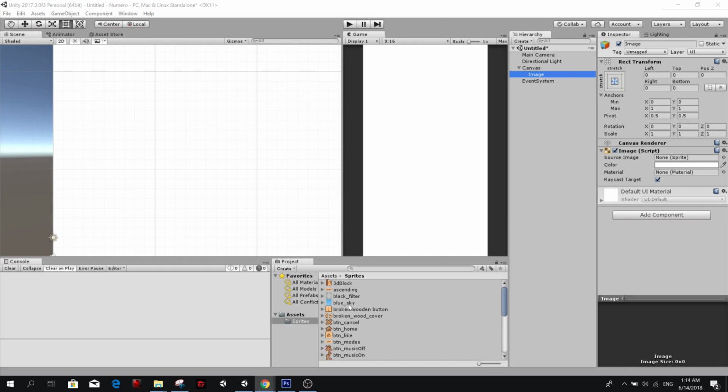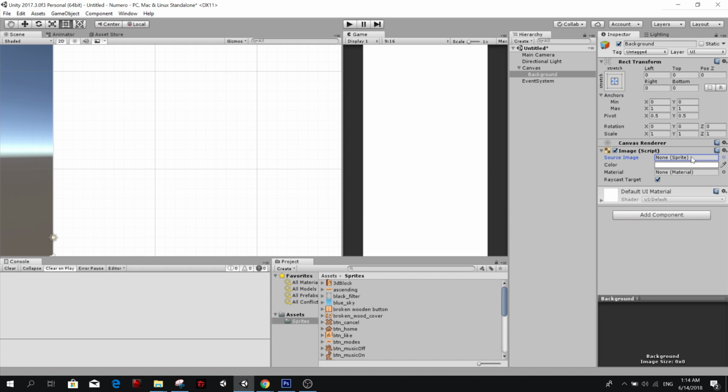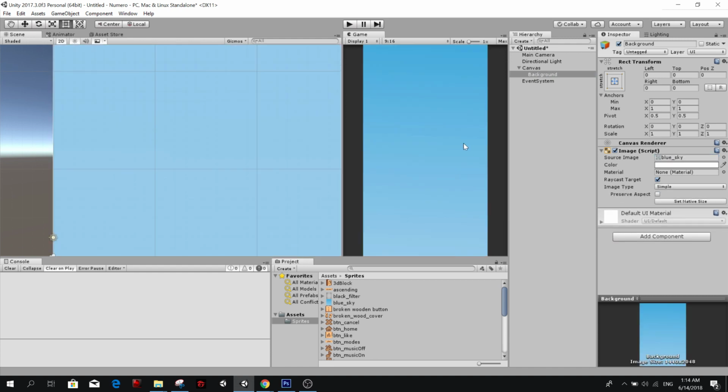So the background, I press F2 to rename. Let's start working now, guys. So background, select sprite blue sky. Blue sky here. You can just drag it on top. I'm going to add the filter. Just going to duplicate it.